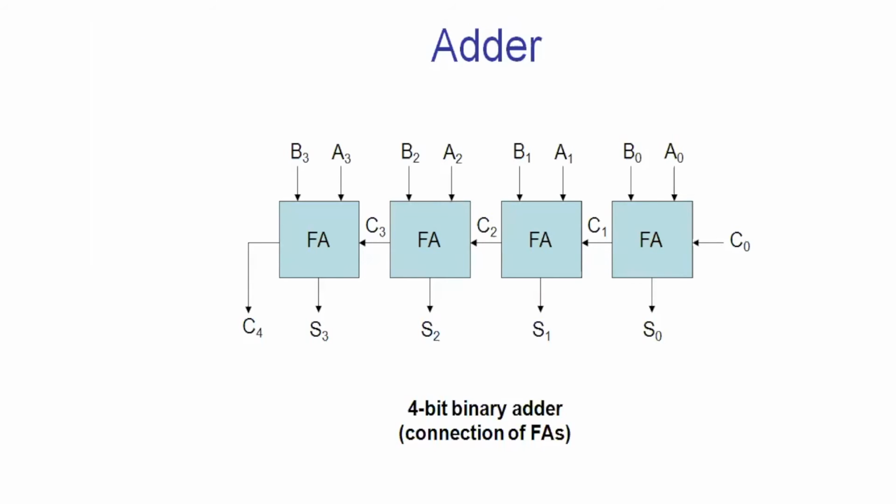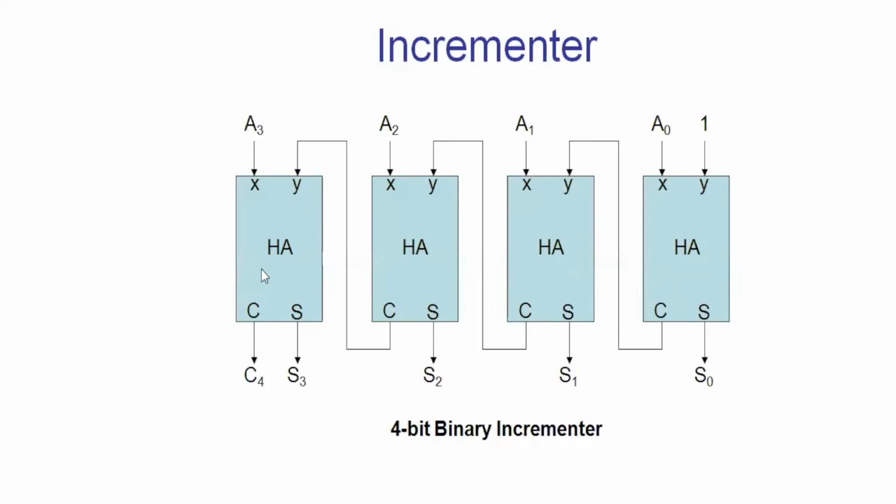This is how it looks in an incrementing unit. This is the adder, this is an incrementer. It uses 4 half adders. For all the half adders, one input will be from A0, A1, A2, A3. The 0th bit, first bit, second bit, third bit of A will be given as an input to the 0th half adder, first half adder, second half adder, and third half adder, to perform the operation from the least significant digit to the most significant digit.